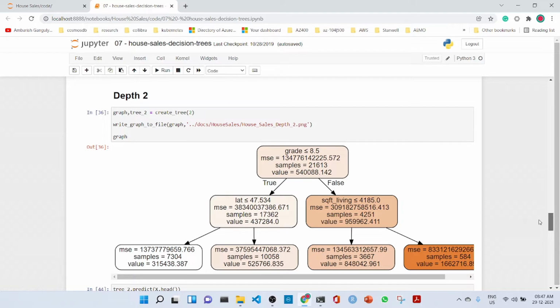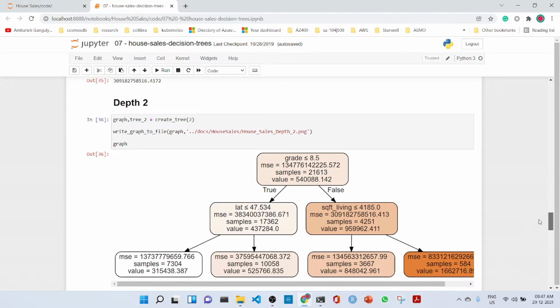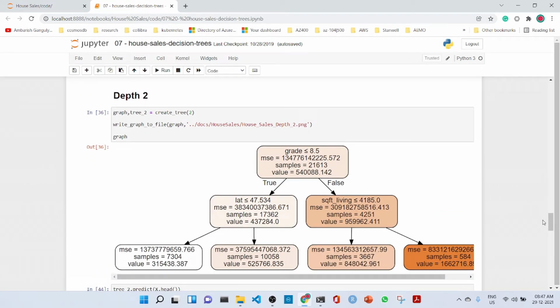Now the tree created with a depth of 2: you find that the grade is less than 8.5, the latitude is less than 47.534, and this is what is happening.